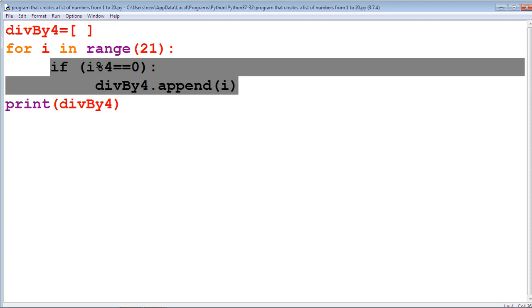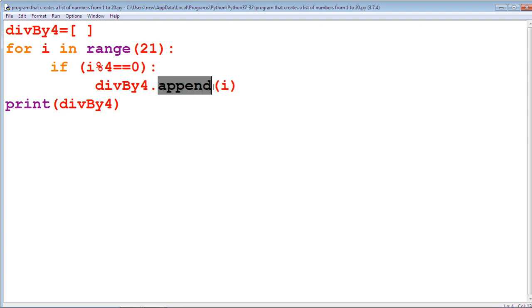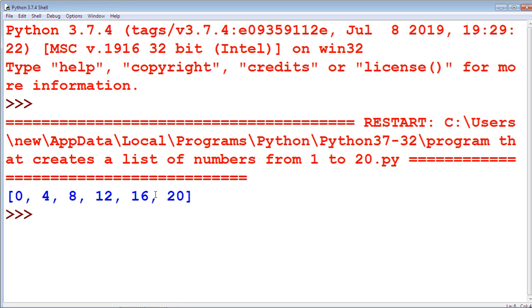The elements from the range which are divisible by 4 are appended by using this append statement. So run this example by using run module. We get the result 0, 4, 8, 12, 16.